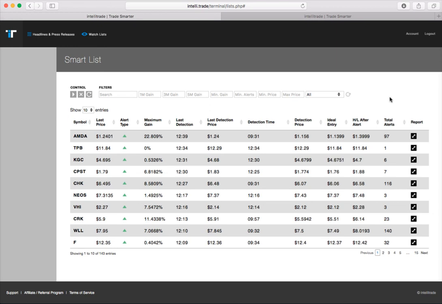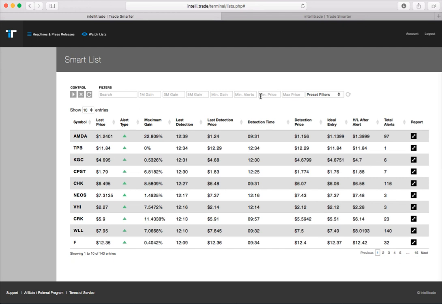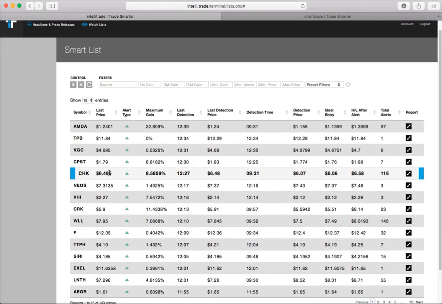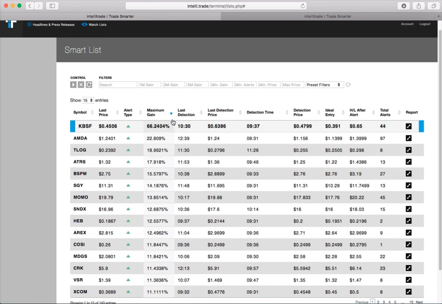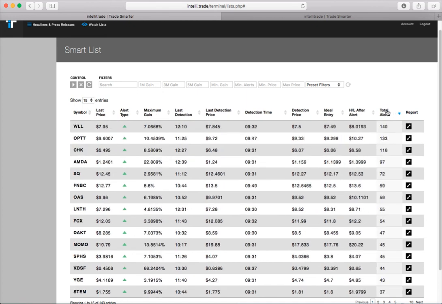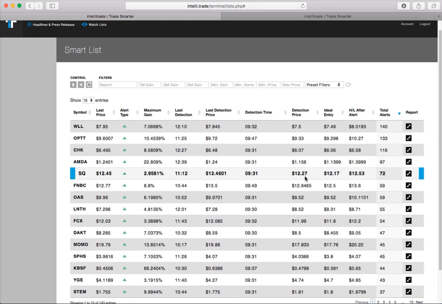And you can use this to reset all the filters. So we type 1, 2, 3. Okay. Just reset. Instant. Okay. If you want to see 15 entries instead of 10, let's just select 15. Okay. You can also sort. We want to sort by maximum gain. Okay. Or if you want to sort by total alerts. Okay. And that's pretty much the basic idea of